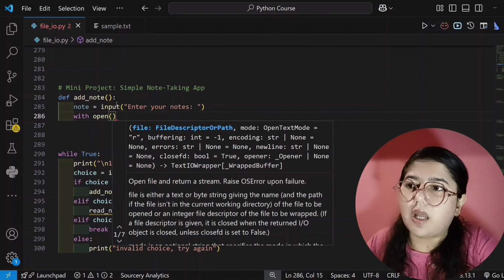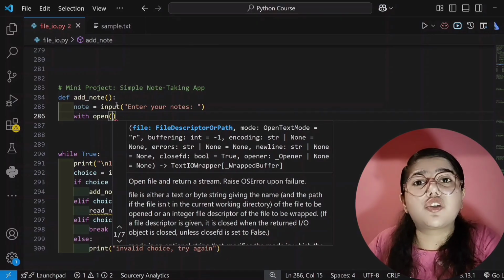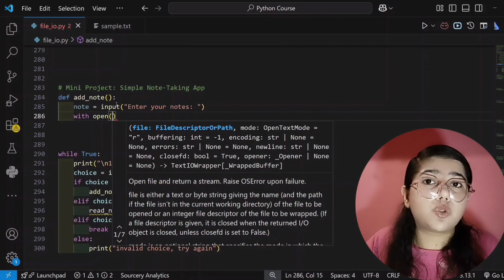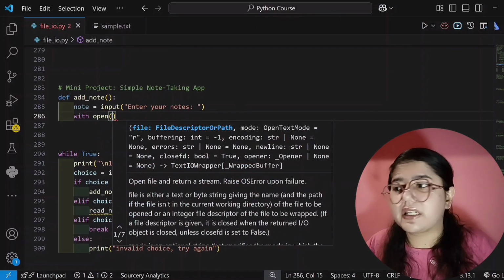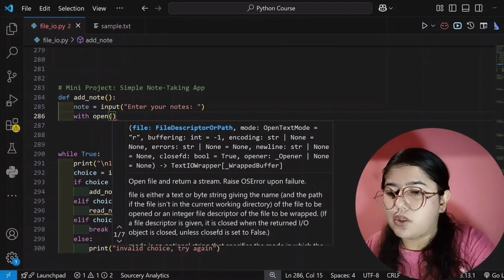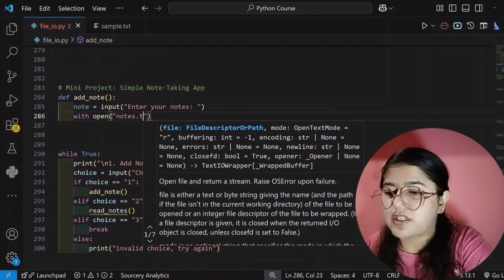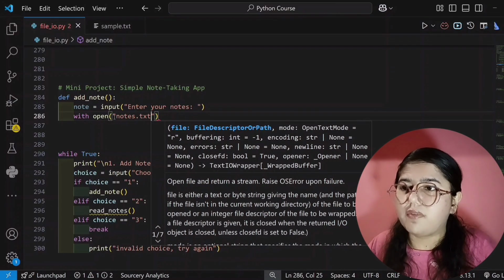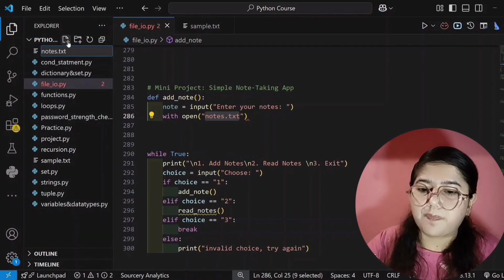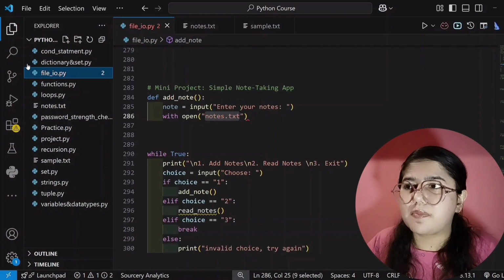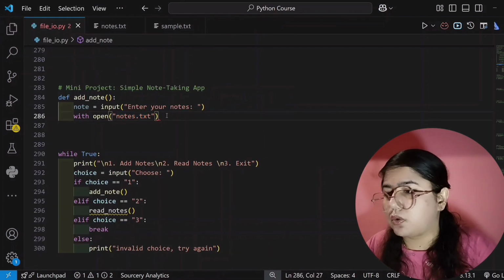Open, you do one thing, now you open a file, and here you will store all the notes which the user gives. I have already told you that if you directly run this code and don't store the data, it will not be stored permanently, it will be stored temporarily. If you want to store permanently, then you have to create a file. So for storing the notes, we will create a file, and that is notes.txt. So you open notes.txt, and now I will create a file, and its name will be notes.txt. Yes, now we have created it. Initially it's empty, but we will store some data here.